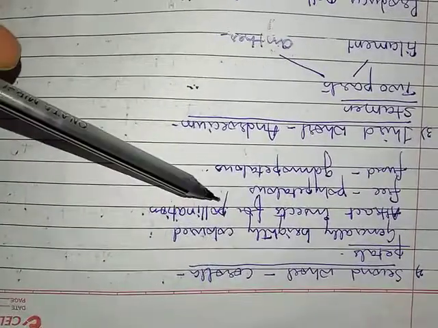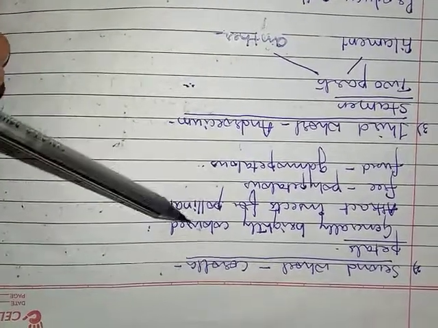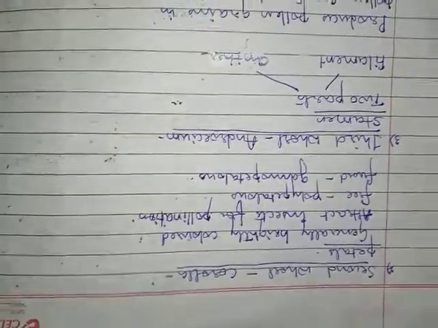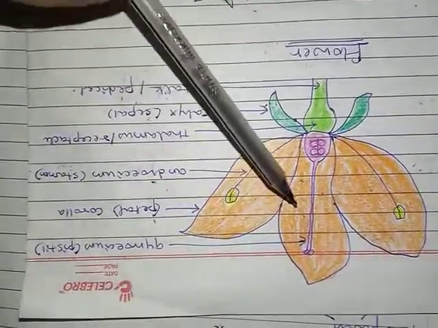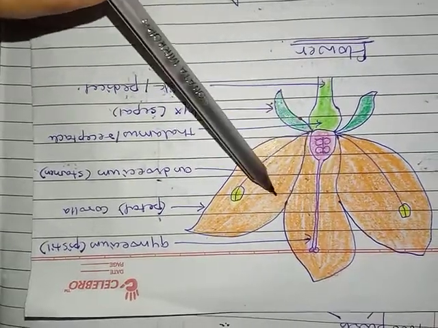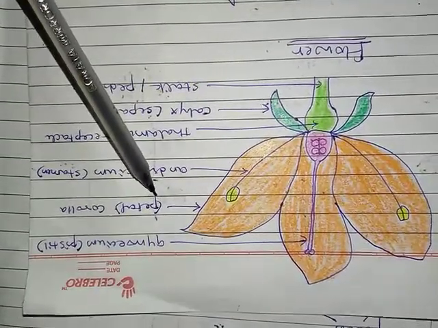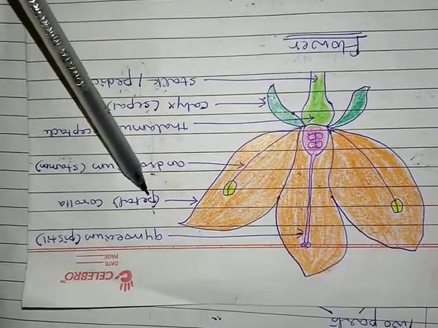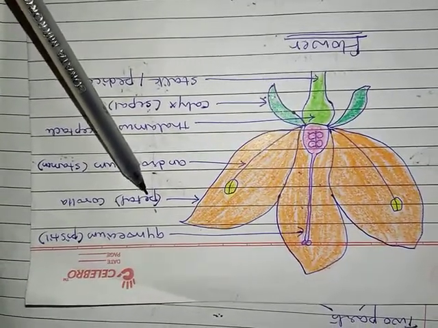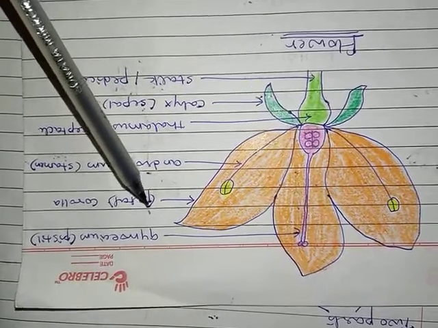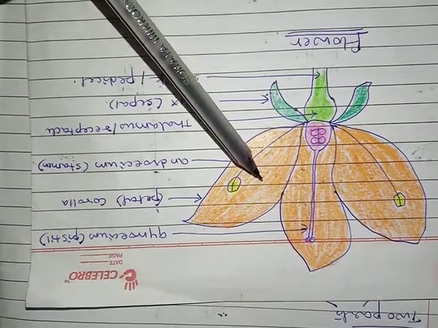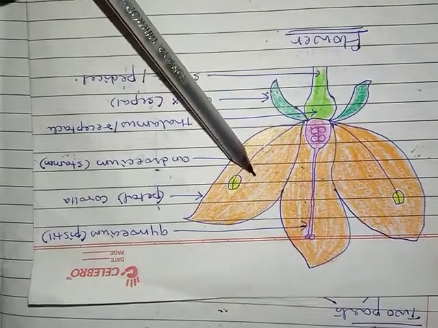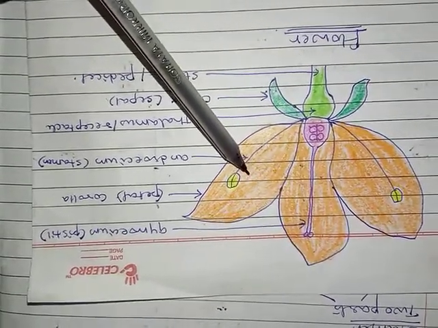The second whorl of the flower is called the corolla, right? We are going to study the different characteristics of the corolla with the help of the same flower diagram. So here the orange color structure which you can see is the corolla. Each member of the corolla is called a petal. Now you must have understood what I am talking about. So corolla means petals. Like the calyx, the corolla members may be more or less than 5, but generally they are 5.